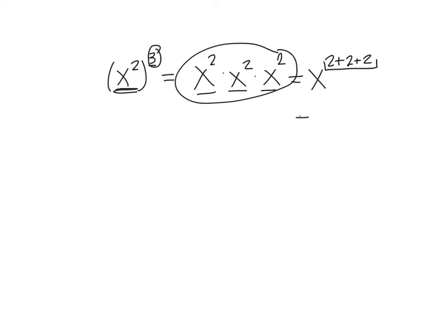And so really that is 2 times 3, or 3 times 2, if we were going to go in special order. But 2 times 3, and that would give me x to the 6th, which is exactly what's going on here. I have 2 x's here, 2 x's here, 2 x's here. I have 2, 4, 6 x's, right? So I have 3 groups of 2 x's. That's going to be 6 x's. So our shortcut here is that if you have an exponent raised to another,